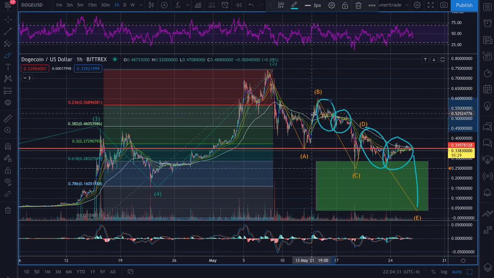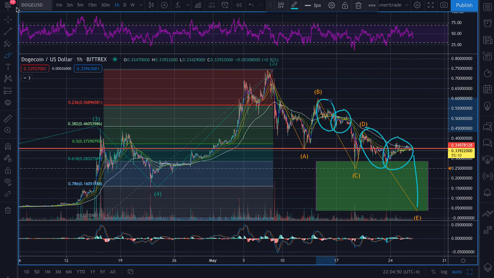As you can see, they're not always the same shape. Sometimes they repeat the same shape, so that can give you some predictive power. But